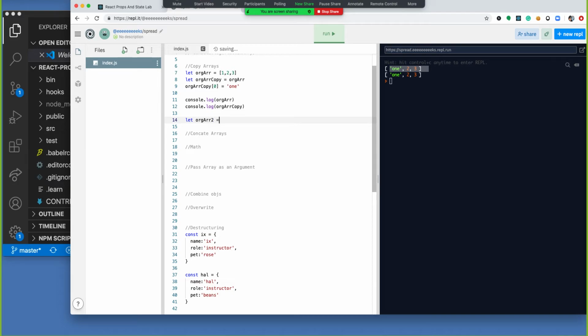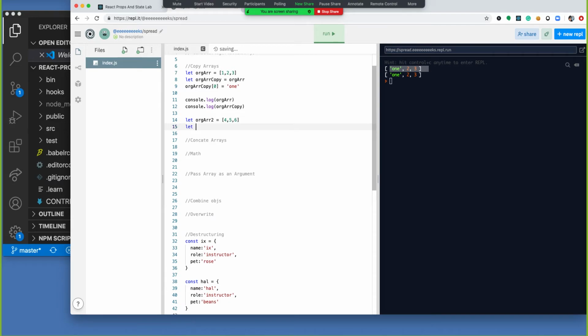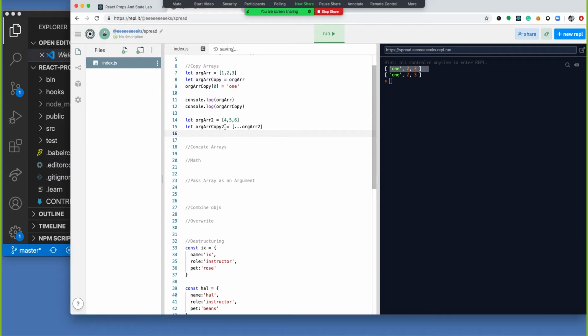We're going to use 4, 5, 6, and then let or copy. We use a spread operator, we reference this array. This makes a copy of that array. So then if we change something in this array, let's see, we had 4, so we'll do 4 in a string here. If we console log these arrays now,